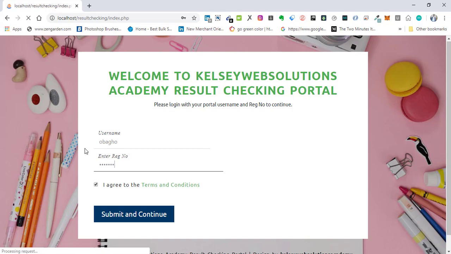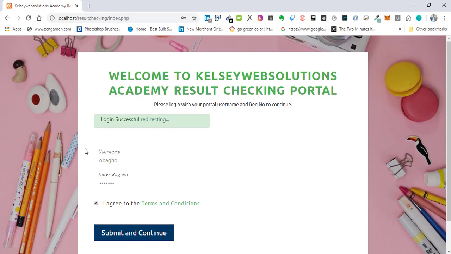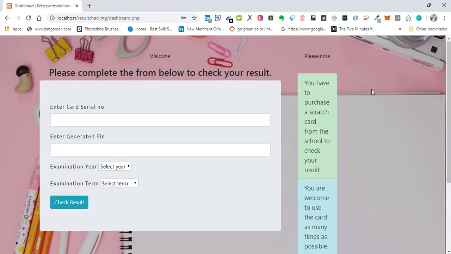Okay, so now if you log in successfully, wait for a while to get redirected back to the dashboard. So here we are at the dashboard section of the students page. Now if you remember vividly, this was where we stopped in the previous video. So I'm going to go ahead here and fix this particular page. We're going to make it look like what we had in the complete application. I believe we saw that in the introductory video. So we're going to head back to the